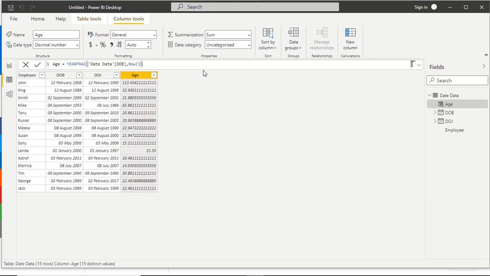You can see in the age column we have the value as a number with the fraction value. This is the age of the employee in fraction, because we are using the year fraction function. We can format this column for the exact value. So this is how you can use the year frac.